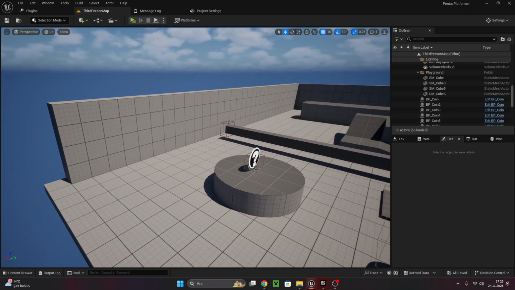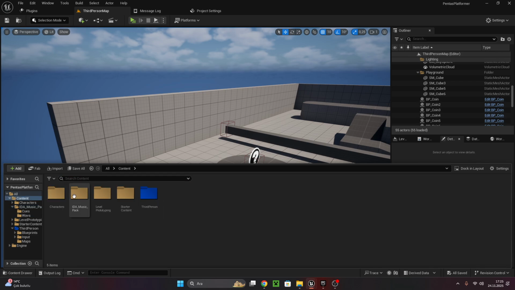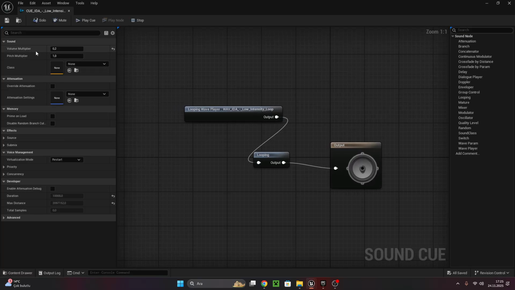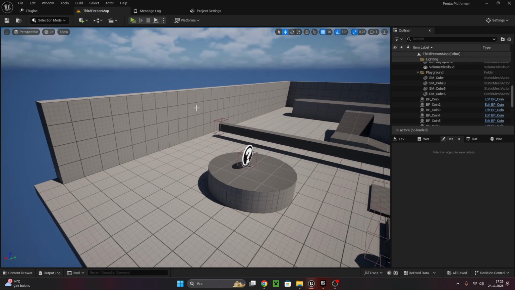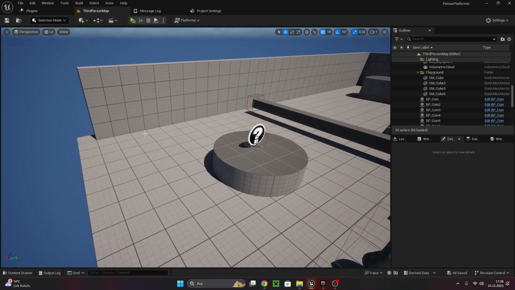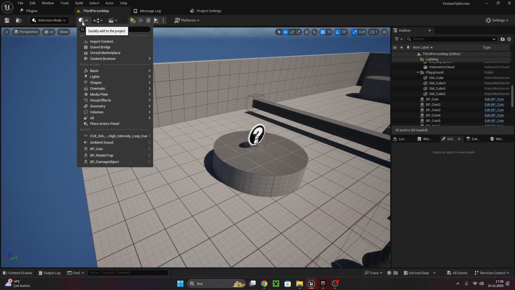Okay. So this cue's too loud, so we can change it from here. Default it's gonna be 0.75. I just set it to 0.2. Okay, so let's change this part and let's search for